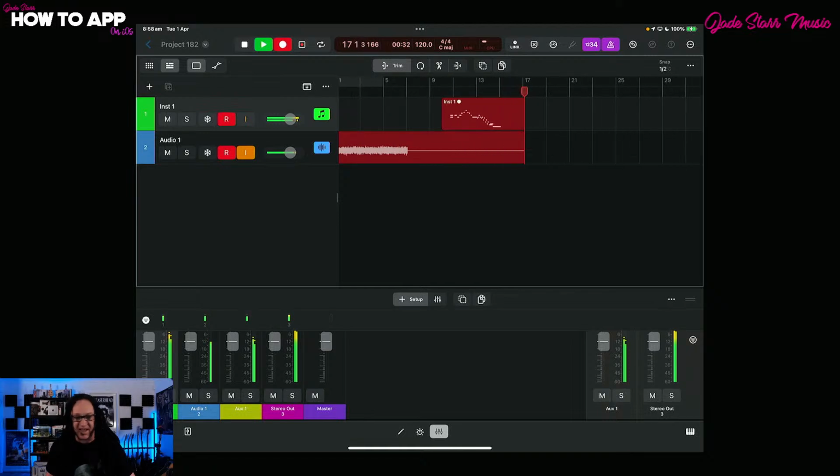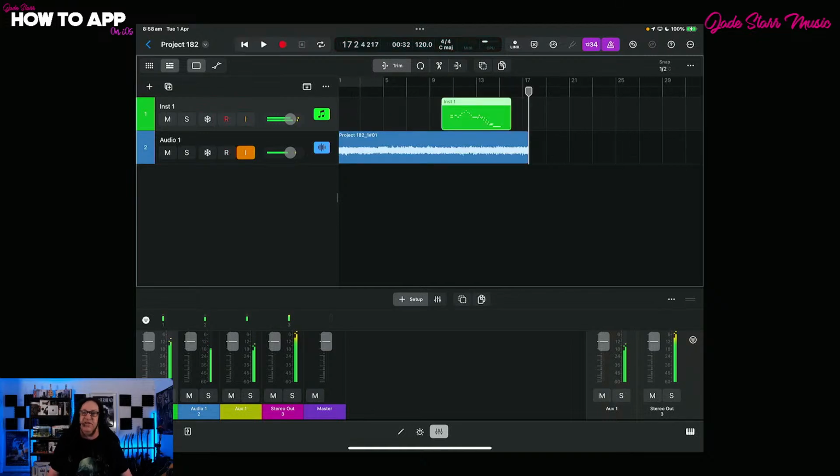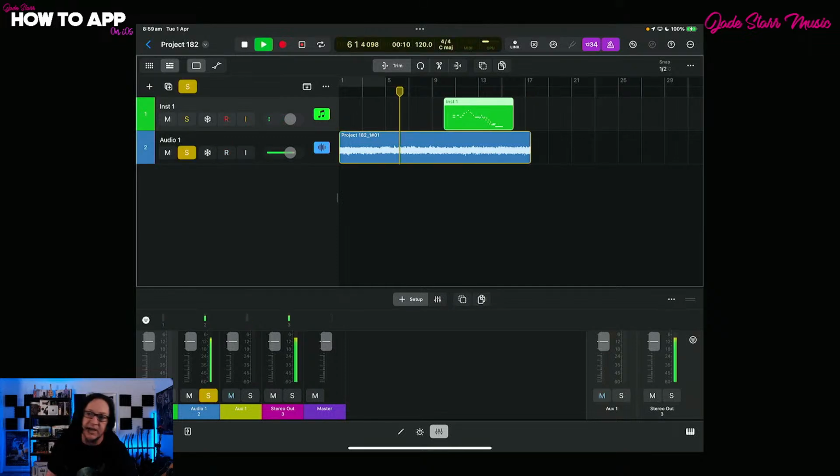Did you notice there that the notes were played in? So the actual MIDI notes were played in here. So you can still go ahead and record the MIDI while you're recording the audio. So if you just want to record the drones, that's the way to go. But if you just want to record the actual synthesizer in here, you can record it up here as well with the MIDI. So now if we stop this, solo this audio track and hit play,